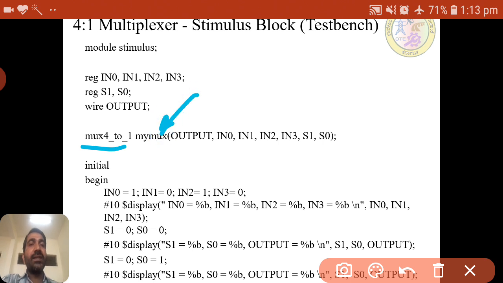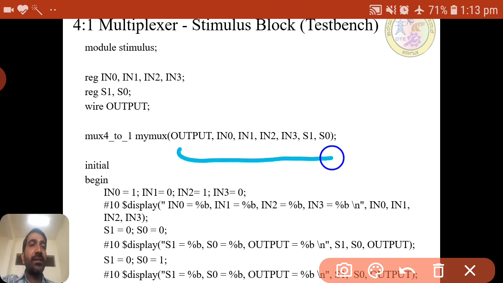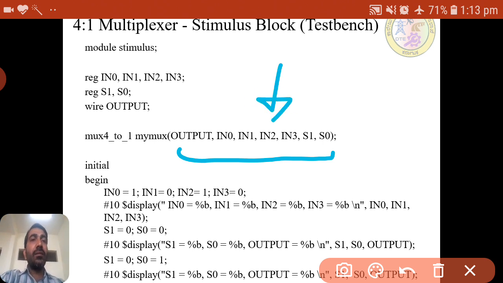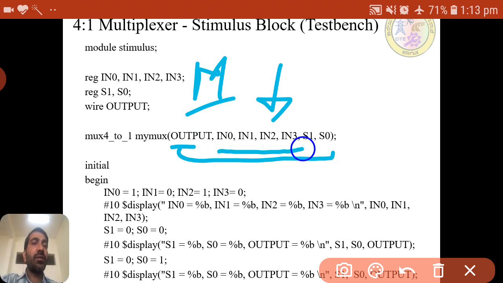After that comes the instance name, and any name we can give. After that, we need to write the port list in the same order as in the module: in the design block we first defined the output, then I0 to I3, then S1, S0. In the same order we need to define it here also.